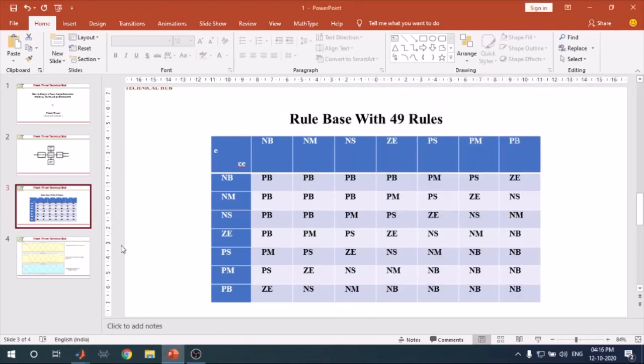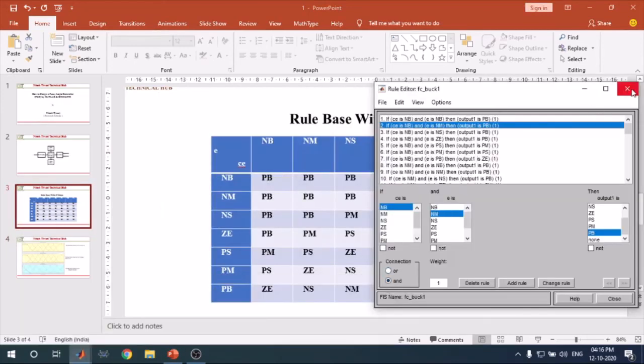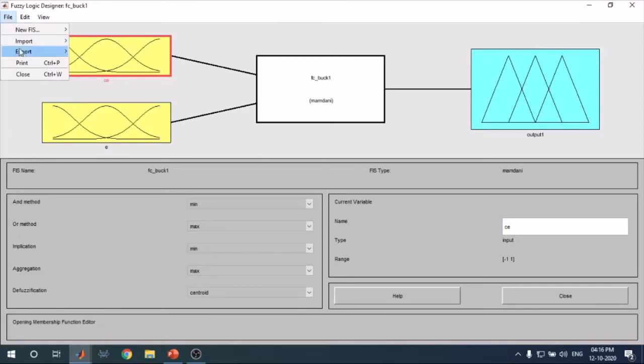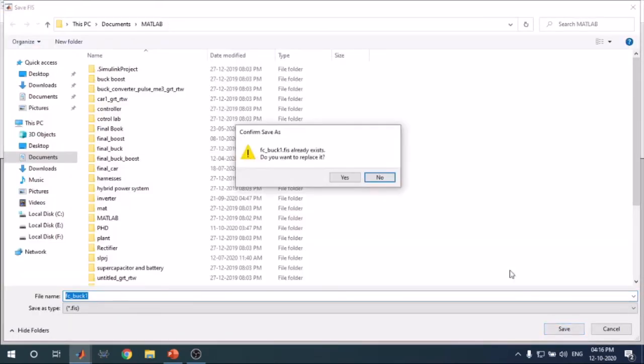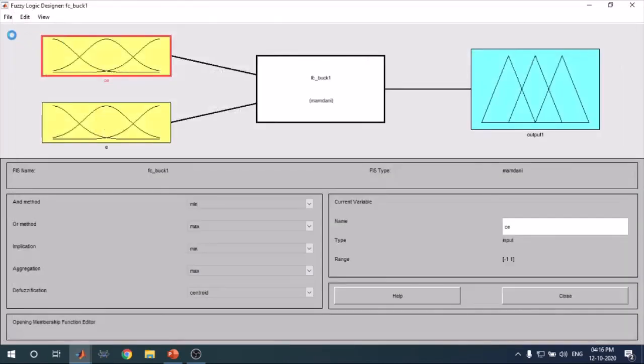After making your membership functions and your rule base, your fuzzy logic controller is completed, and you go to File and export. First of all, you have to export two files, write the names for what you want to export, and export them into your workspace.